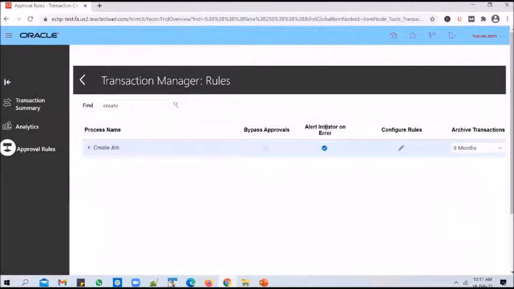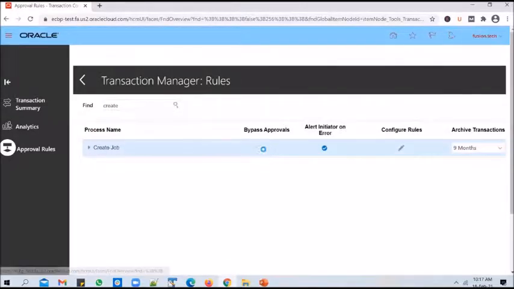if something goes wrong in the approval process, at least the initiator, meaning if user A submits a request and down the line the workflow encounters any error, at least user A will get a notification saying that there was some error in processing their request. That way, at least the user will know that the job will not be created and there was some issue. He will not live in hope that the job will be created someday, right? So ensure that you tick this box, and this is where you configure the rules. You click on it, and this is where you spend most of your time, configuring rules.